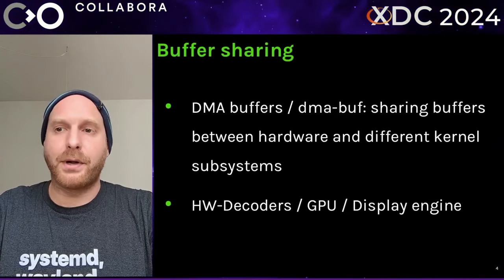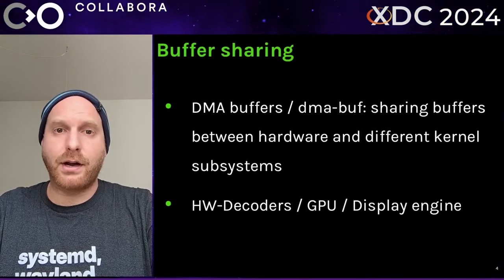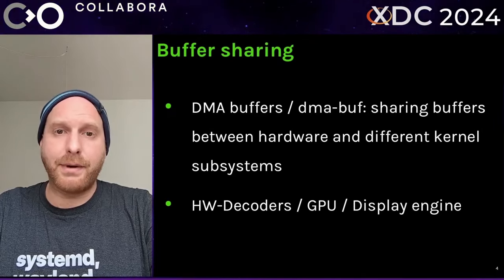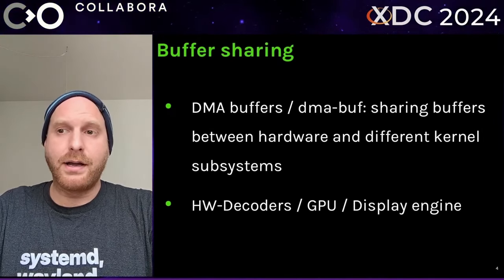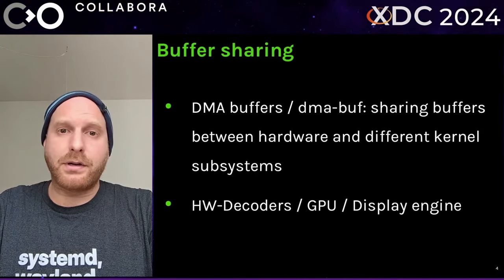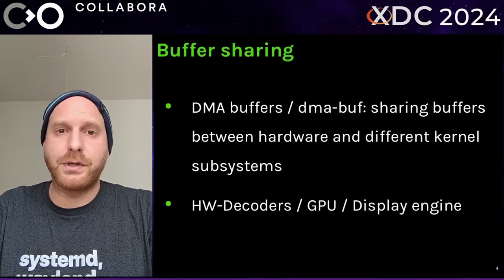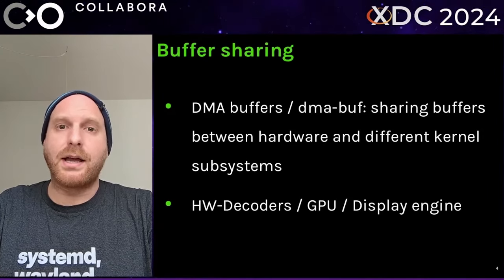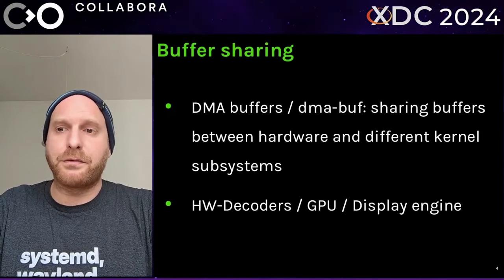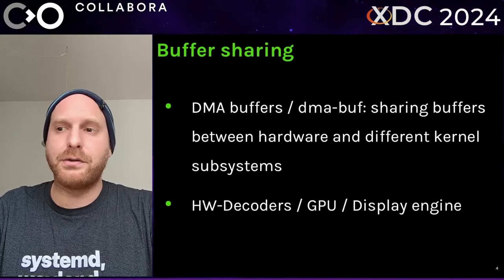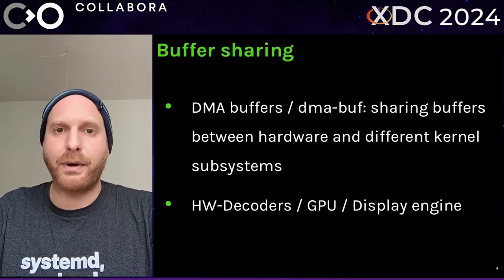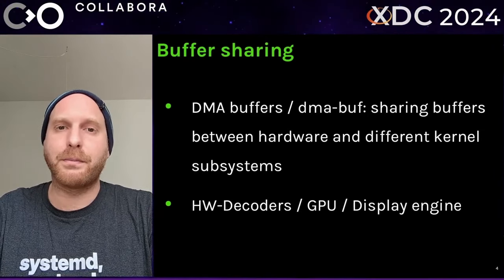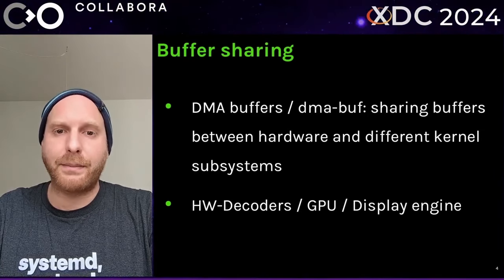So, buffer sharing. In short, on Linux we use DMA buffers, or DMA-buf. That's a framework to share buffers between hardware and also different subsystems on Linux. And if we focus on hardware decoders, GPU, and display engine, which are the important parts here for zero copy video playback,